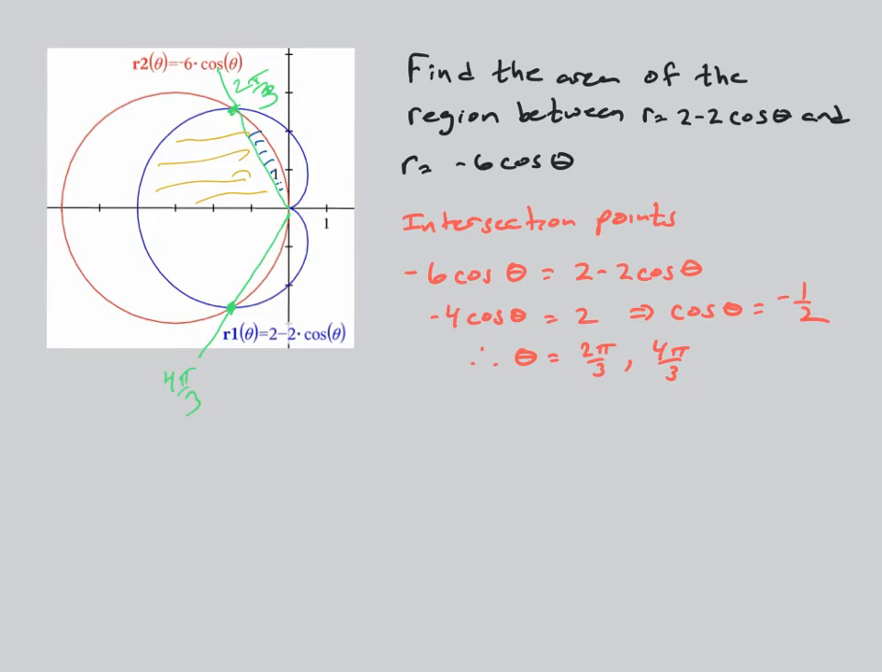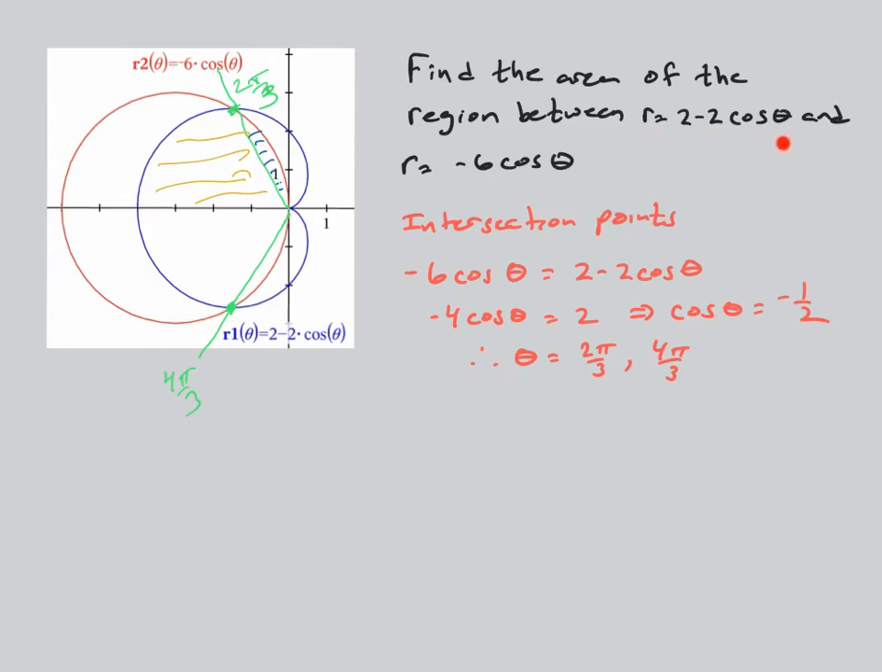negative 6 cosine of theta. Now that portion, this portion right there, is going to be found by integrating this function, negative 6 cosine of theta, finding the area between that curve and the region. That is going to be from theta equals pi over 2 to theta equals 2 pi over 3, but we're going to be working with just this curve. The remaining area here is a sector from